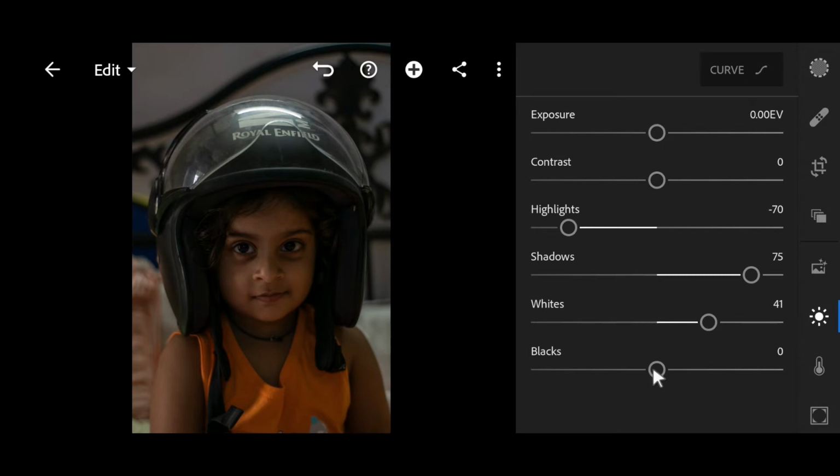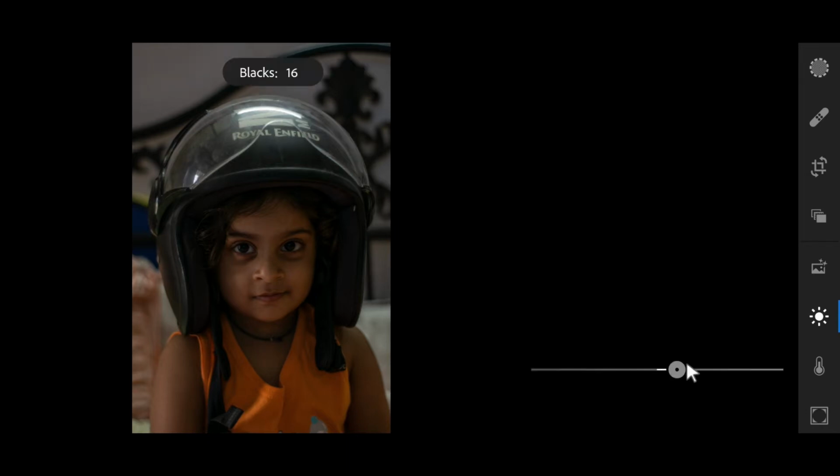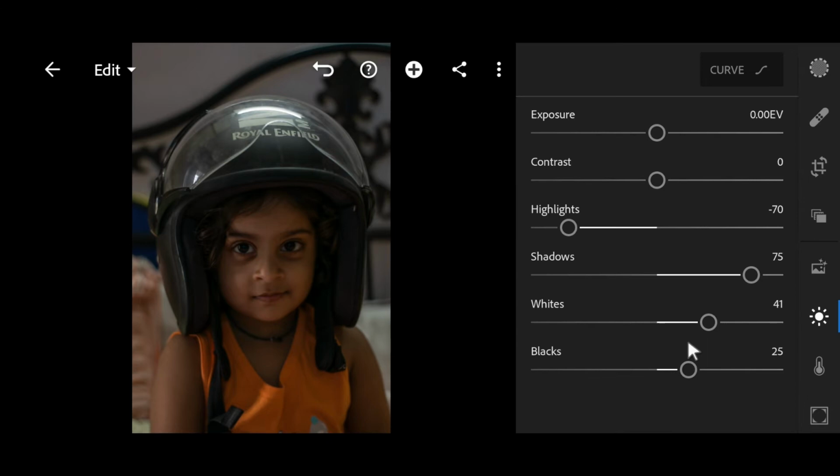Now I'll just also increase this blacks. Okay, 25 looks great. Now the thing is that I will reduce the contrast here just to increase the sharpness later. I'll just reduce the contrast here.